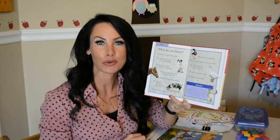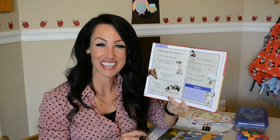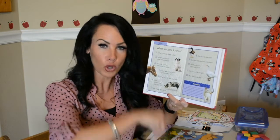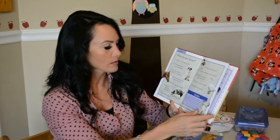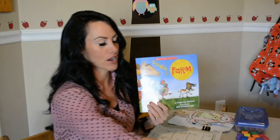What does a goose eat? If you said grass, you got it right. Geese eat grass, and they pull it out of the ground with their strong, strong beaks. Great job, you guys. Okay, we're going to read another book called Down on the Farm,